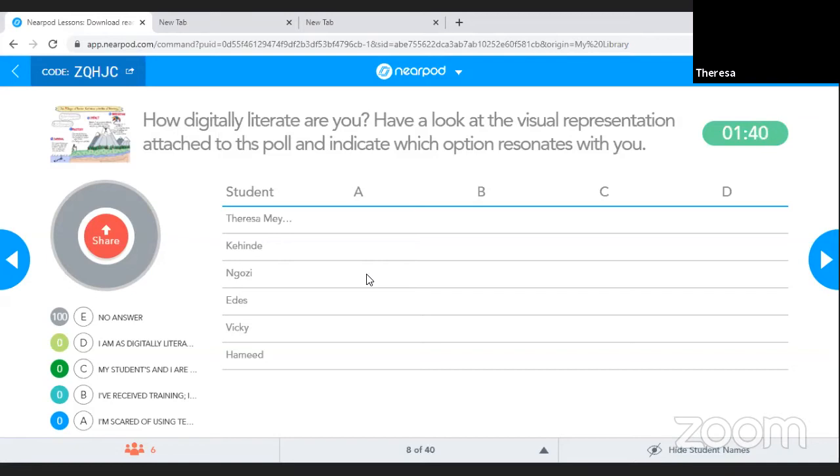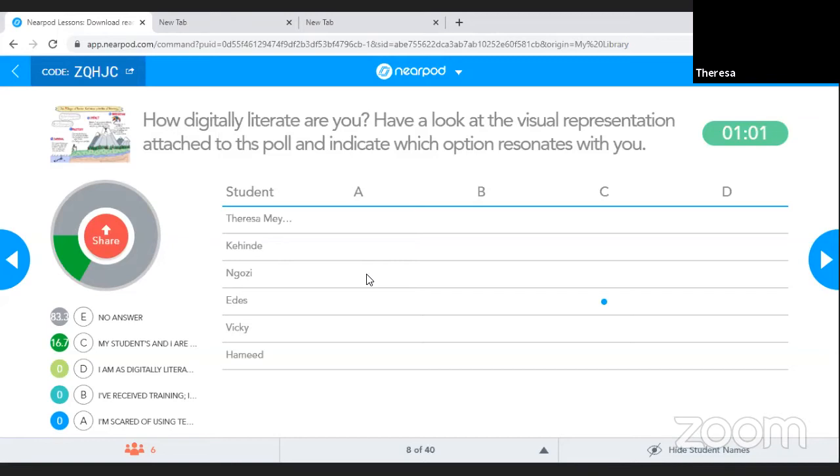Now, the EAZY-DIGI team has been working hard on giving you a little bit more confidence, but how do you feel this morning? If you choose A this morning, it means that you are maybe scared of using technology like I used to be. Maybe you're not sure what to do. I know how to use it, but I'm not sure how to use it in my class. If you select B this morning, you'll be saying, I've received training. I've practiced some applications. I've trialed them in my class with success, and I'm feeling more confident.